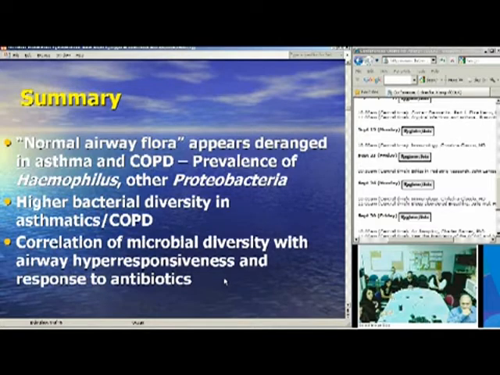Some of those may just be, as I mentioned, contaminating the airways in people who don't have very good mucociliary clearance and have increased mucus in the airways. But there does appear, at least in a subset of patients, to be a correlation of improvement with antibiotic treatment and a correlation with airway hyperreactivity. It's a complicated